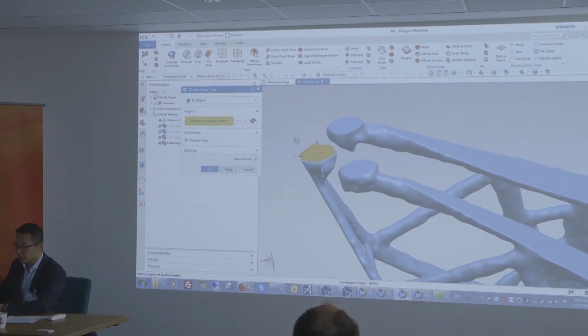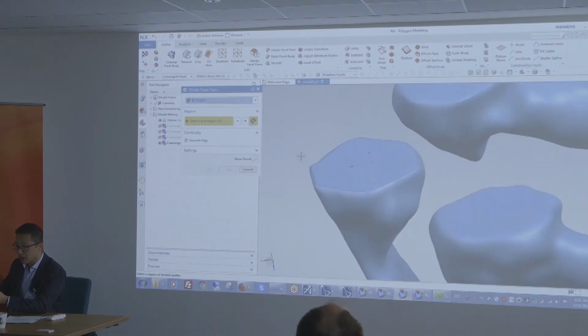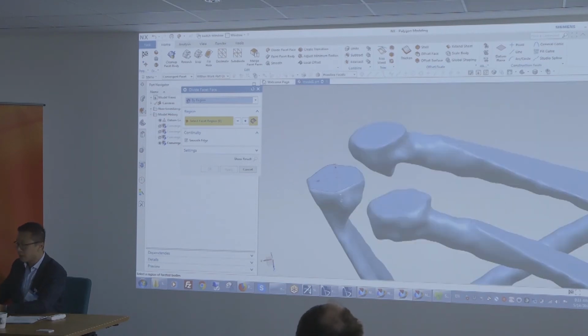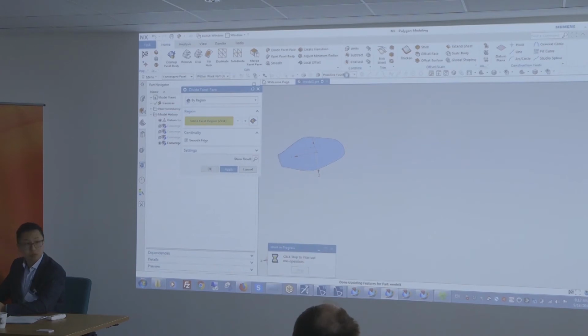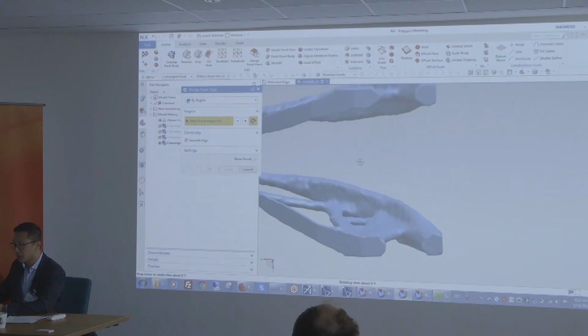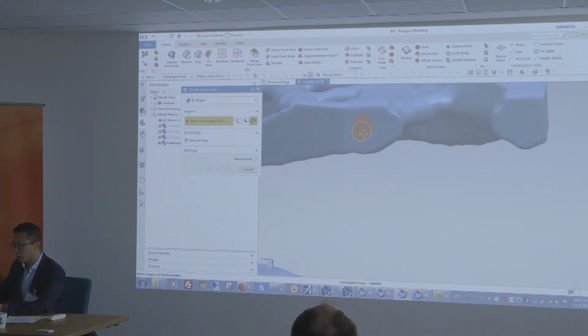Right? So you see this, what used to be one surface is now a defined face on which you can apply boundary conditions, create a sketch, create a hole in it. Right? So I can either do it automatically like this. So here I can pick 2, right? Or again, I can use a brush to just paint over it. So if I look at this area here, it's a bit more complicated. I can take my brush and just paint a surface on it.